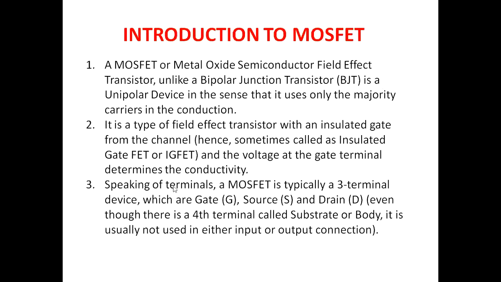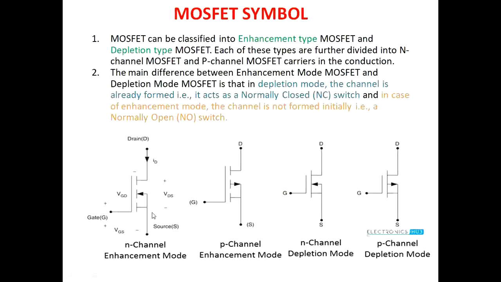So, MOSFET terminals. There are three MOSFET terminals. First is gate, second is source, third is drain. So gate, source and drain. There are three terminals, and even a fourth terminal called the substrate or body. Now what is the use of the fourth? From the fabrication point of view, there are two different aspects of learning: circuit analysis, and how the MOSFET is used for the fabrication of IC. This is a MOSFET symbol.